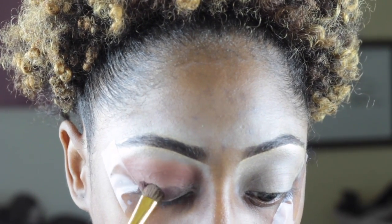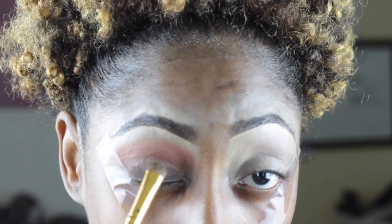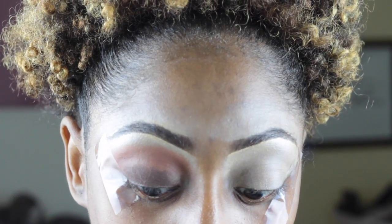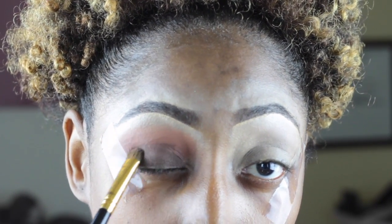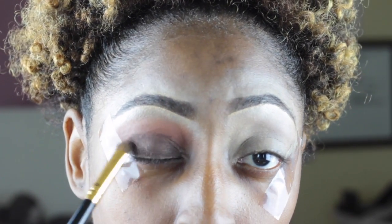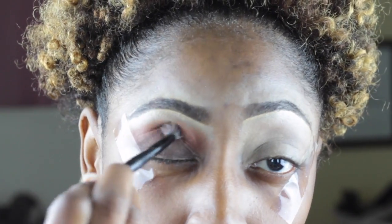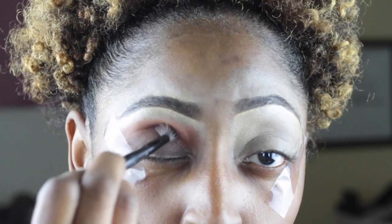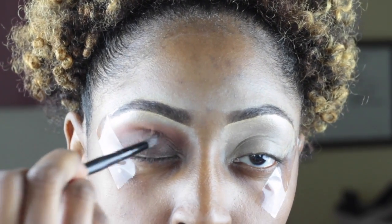And then I want to pack this brown shade on my lid. And I think this is like a more cooler brown, so I'm going into a cooler brown to pack on my lid. And just blend everything together so it just appears gradient